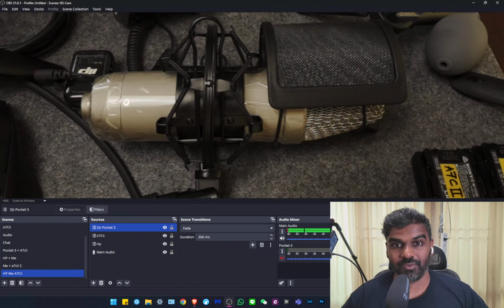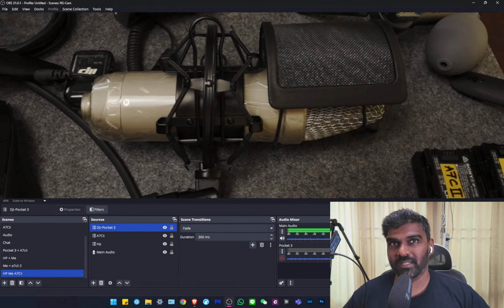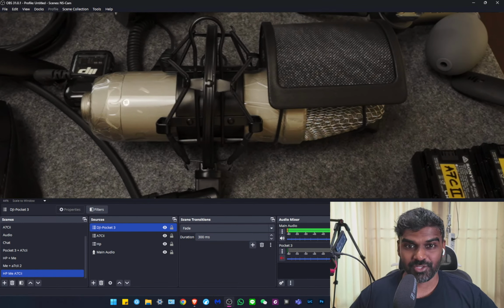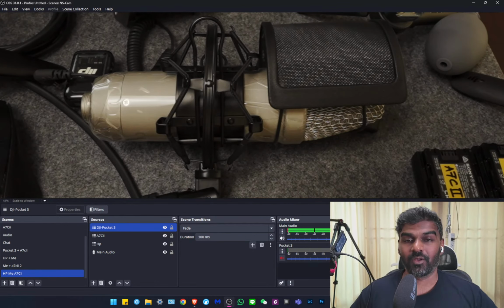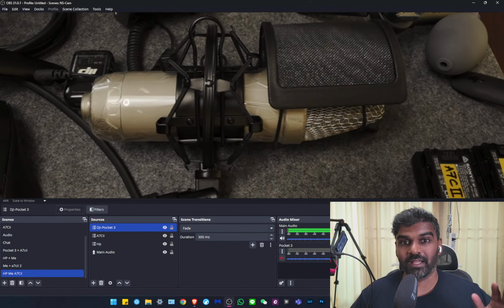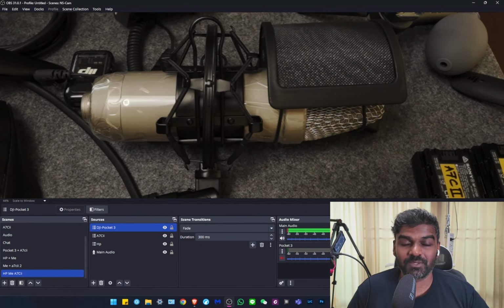Like, say, for example, I think Sony ZV-E10 Mark II is okay-ish. If you were to use the dummy battery, it would still perform great. For longer periods of time of recording outside, it's not feasible, but for indoors, it should be more than enough. And if you were to start live streaming, I would say Pocket 3 is the best starting point,